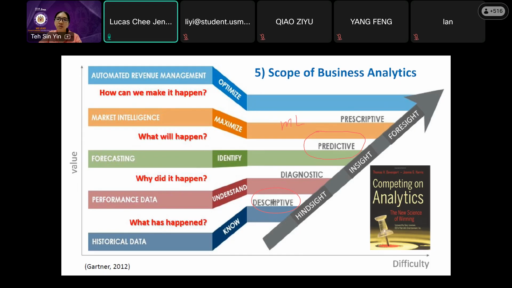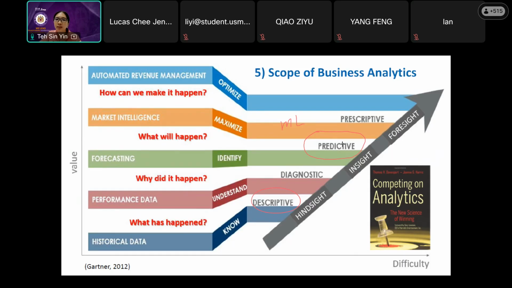Okay. So can I assume that descriptive is acknowledging pattern and predictive is forecasting for the future? Sorry for cutting you off. It's okay. Descriptive is you are trying to find out what happened based on the historical data. Predicting is you're trying to find out what will happen in the future. You're trying to forecast what will happen in the future, depending on the trend, depending on the pattern.